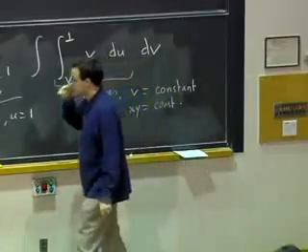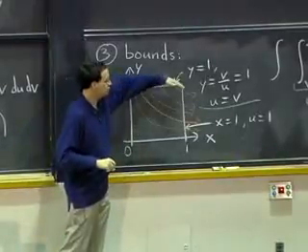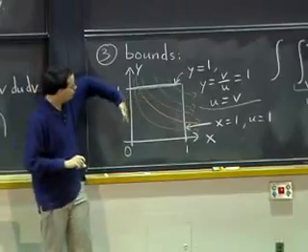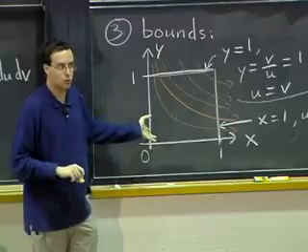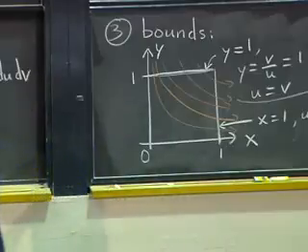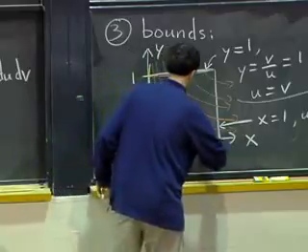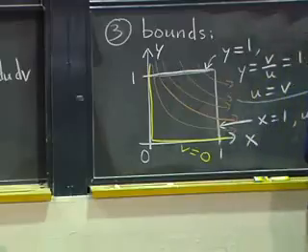What about the outer? So we have to figure out what is the first and what is the last value of v that we'll want to consider. Well, if you look at all these hyperbolas, xy equals constant, what's the smallest value of xy that we'll ever want to look at in here? 0. So this one here, that's actually v equals 0. So we'll start at v equals 0.